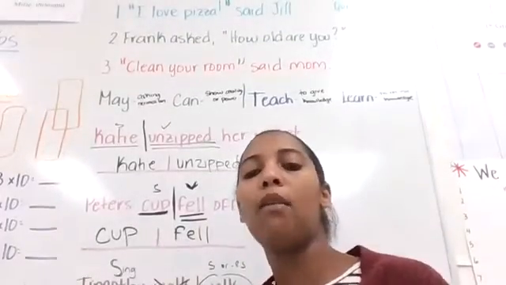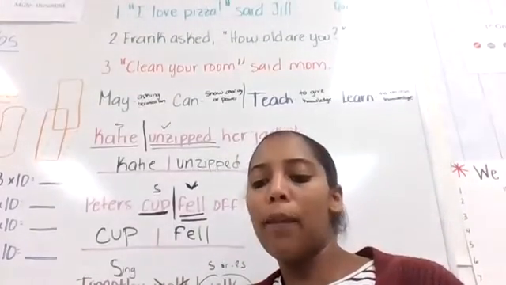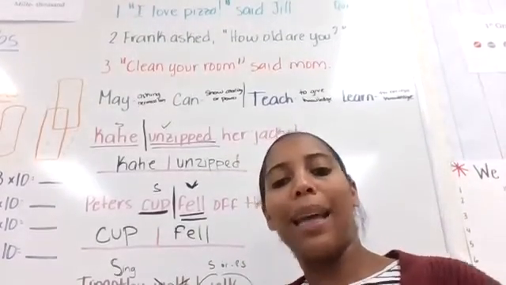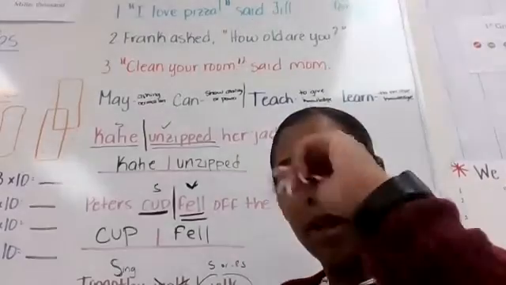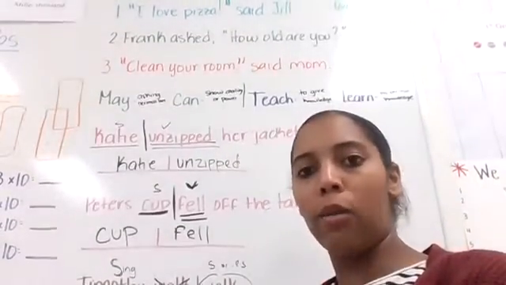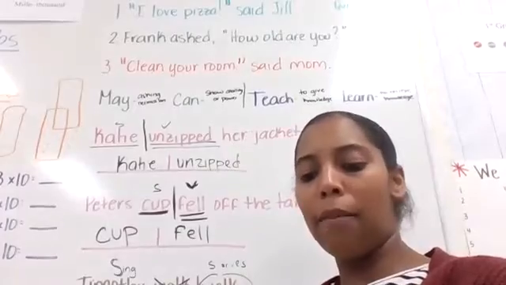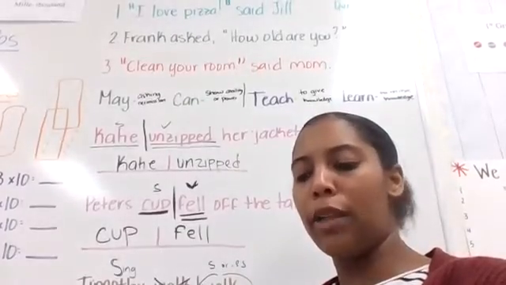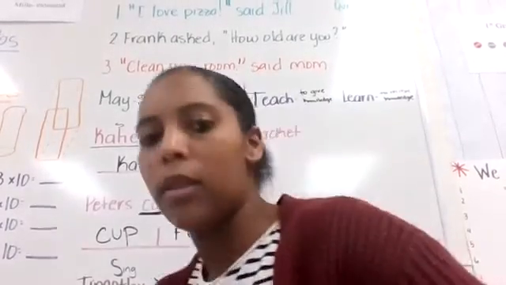Let's go ahead and fill it in. So, ready? Kelly painted her picture green, black, and red. Don't forget your comma. Again, Kelly painted her picture green, black, and red. One last time. Kelly painted her picture green, black, and red.